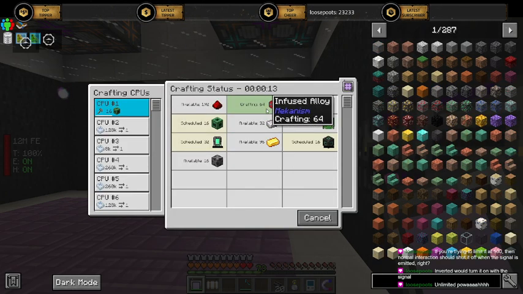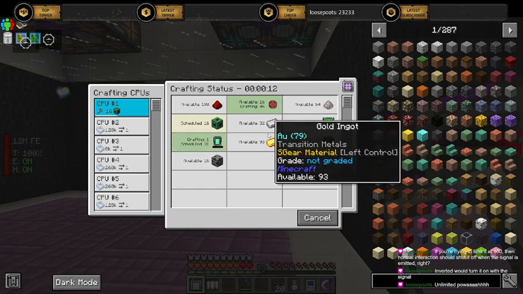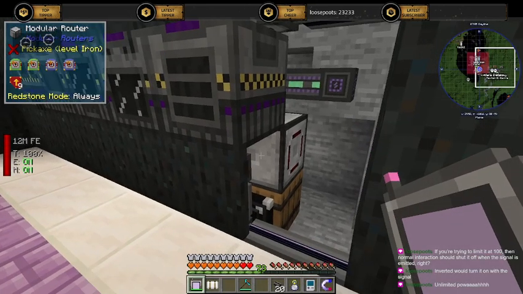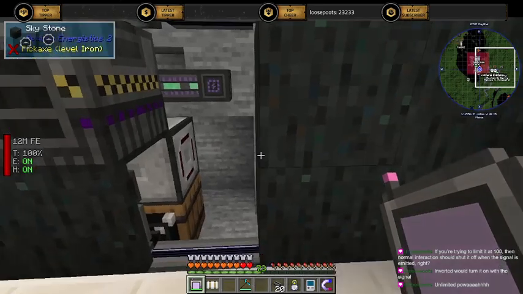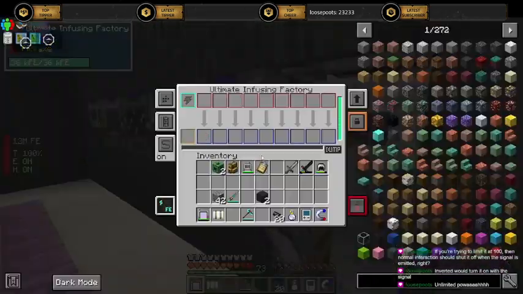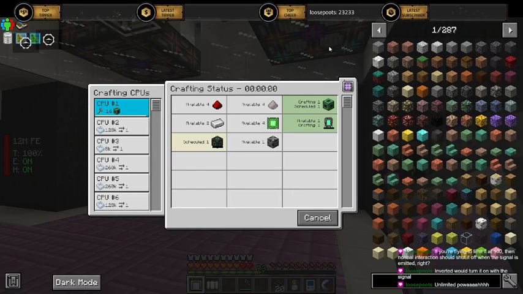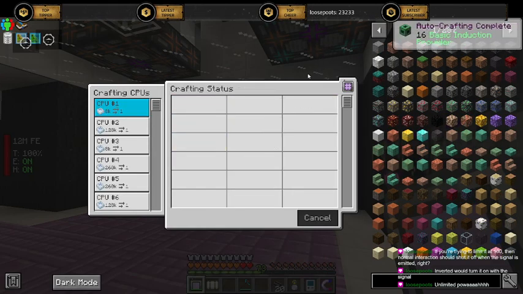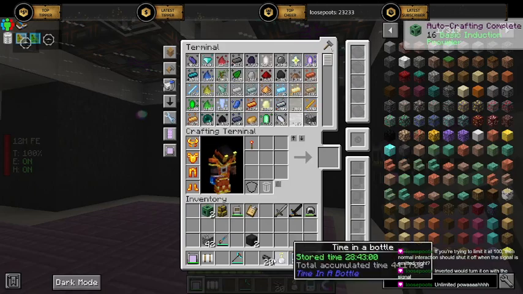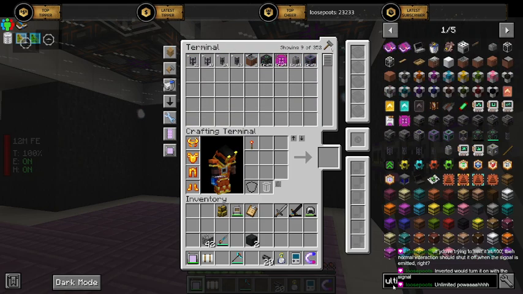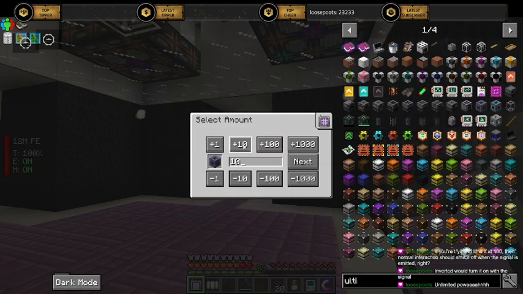Yes, because it tried doing these at the same time. It's almost like I need to make another ultimate infusing one and then break them out like I did over there. Because I have to help this thing along every time. So that's 18 of those. And then the ultimates should be